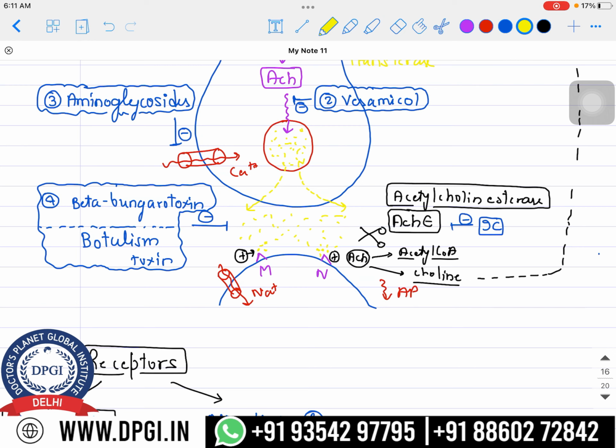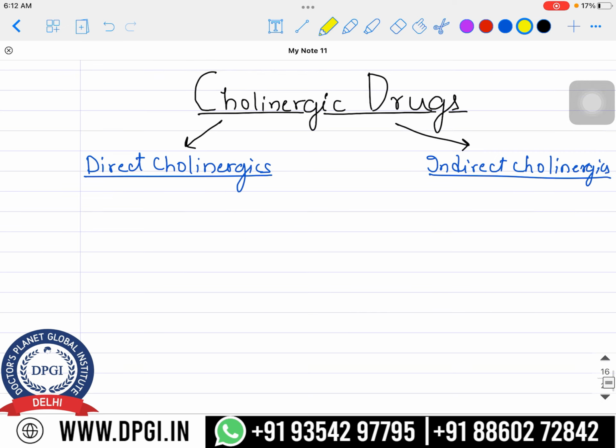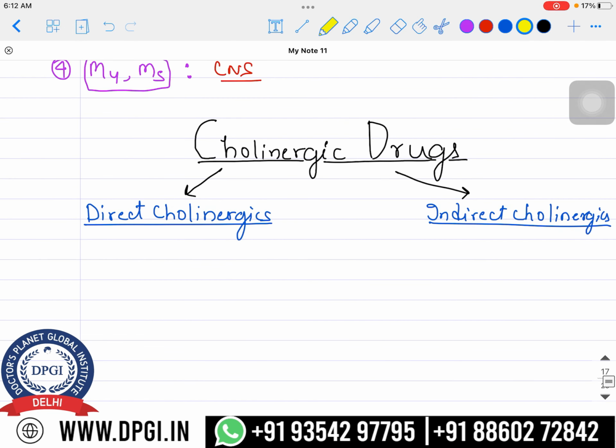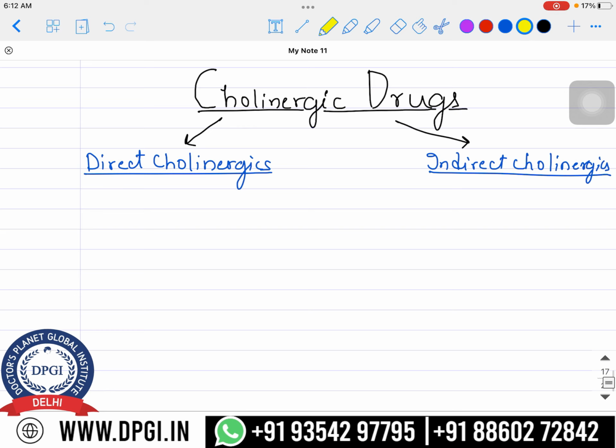And that's how more activation of the cholinergic system will happen. So in both systems, acetylcholine will be able to bind to the receptor very easily. One is directly stimulating the receptor so that more and more acetylcholine can bind to it, and another one is inhibiting the enzyme, so indirectly it is showing its effect. That's why they are called the indirect cholinergic drugs, right? I hope you have a clear idea about the direct and the indirect cholinergics now. Moving on to the direct cholinergics first, and then we'll talk about the indirect one.